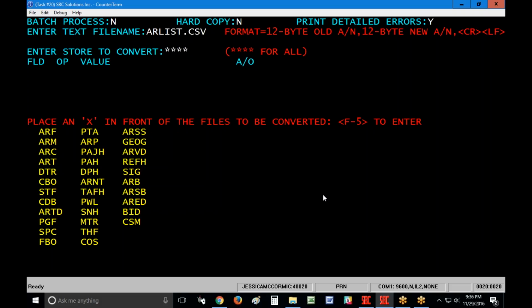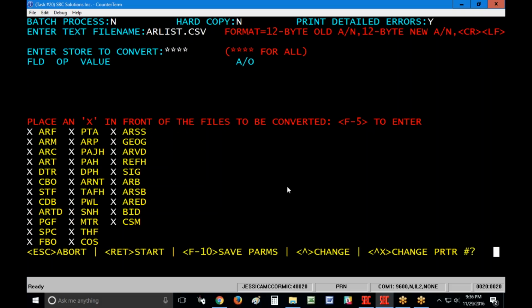In this case, I want to convert all of them, and that's why I'm asking you to use this conversion table instead of using the other one. If you use the other menu selection, you're simply going into ARF. You're finding the account number and you're replacing it with a new one. Here it's giving you the opportunity to go into your history files and your part tracking by account files and things like that to make the adjustments where your account number will now universally have been changed throughout the whole system. So I'm going to press an X in front of each of these files,